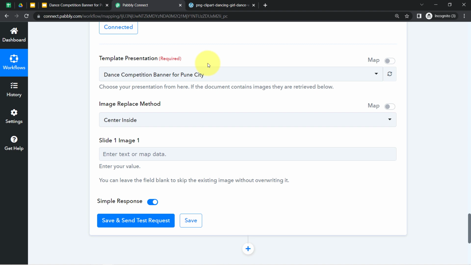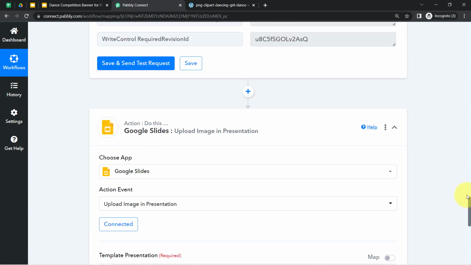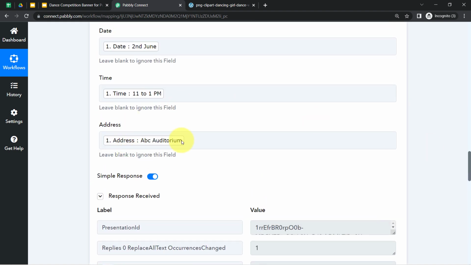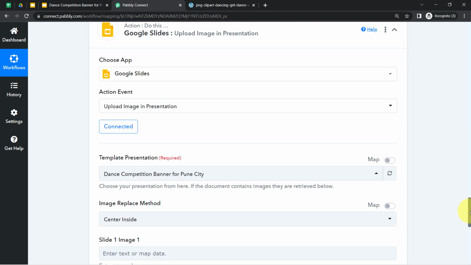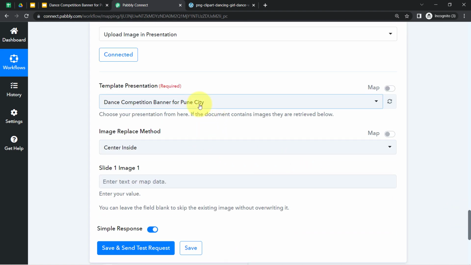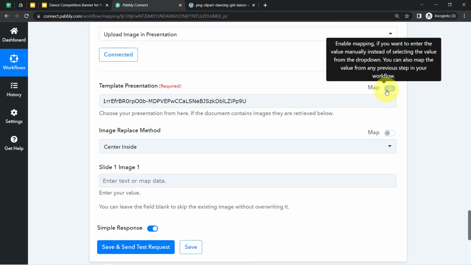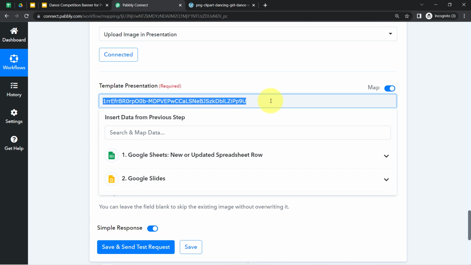If you are not sure what this mapping is, whatever details I am mapping here will be replaced automatically when this automation works in real time. But if I provide any data manually, then this data will remain the same. That is why I'm going to remove the existing data, and then map the ID of